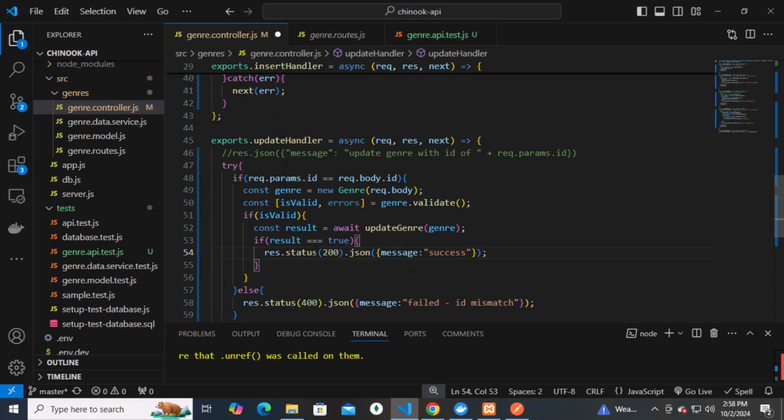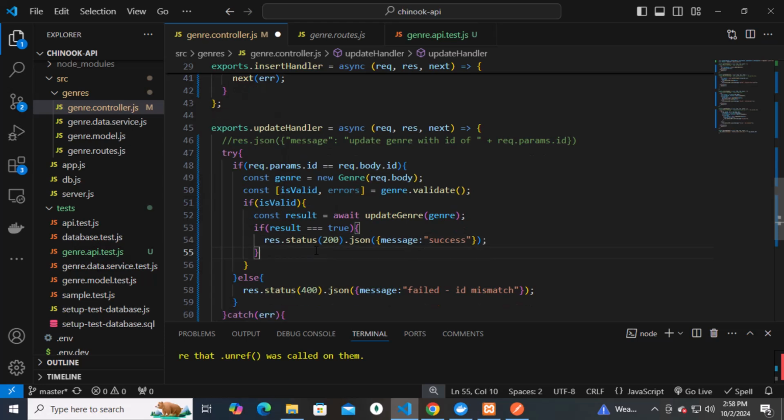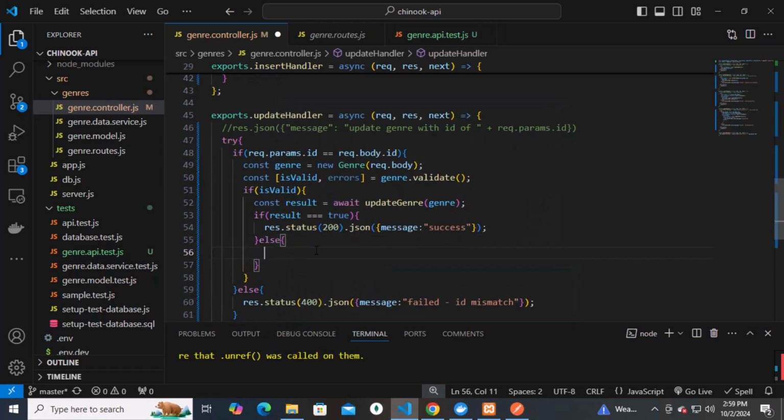All right, let's add an else to this if statement. So I'm going to move down a line and type in else and a pair of curly braces like that. And in that case, that means that when we tried to update the database by calling this, it didn't return true. So something went wrong. In that case, it could be a database error. We're not really sure, but what I decided to do here is